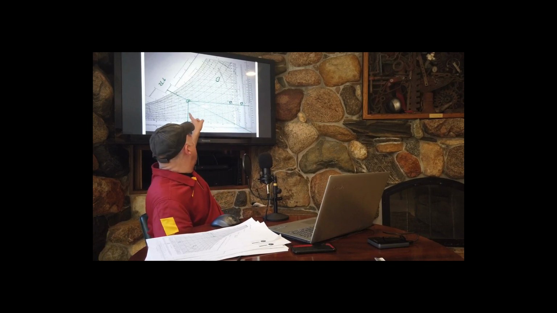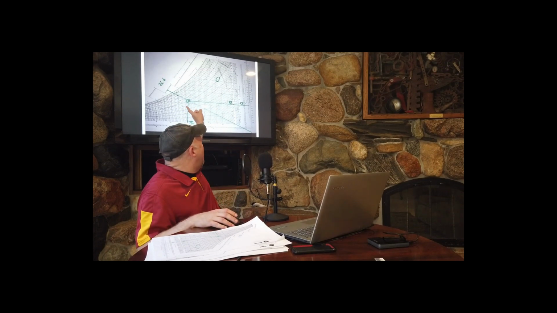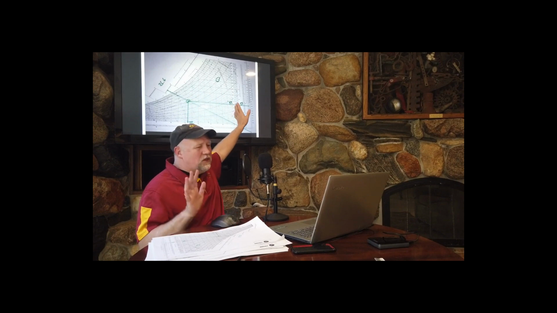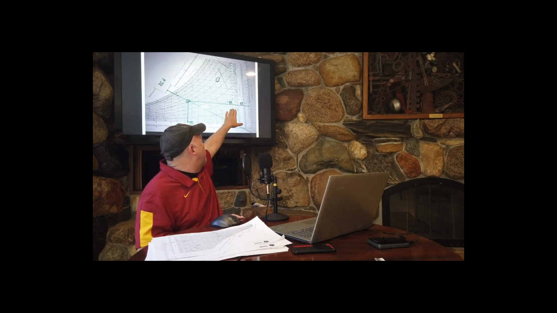And at 72 degrees Fahrenheit, 50% relative humidity right there, I get right about 26.6 BTU per pound of dry air of enthalpy. All right. Also, if I take that and draw it out to the right, here's the humidity ratio. And I just rounded so that it's easy to see on these,